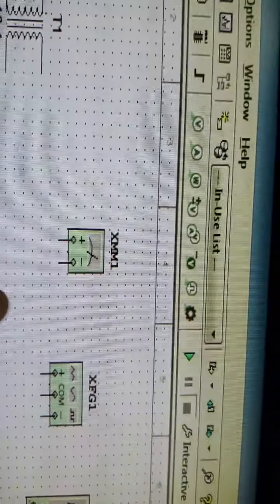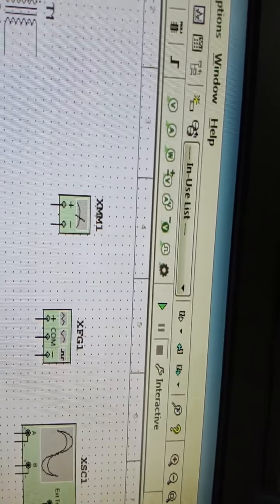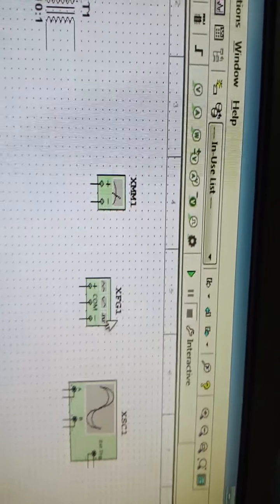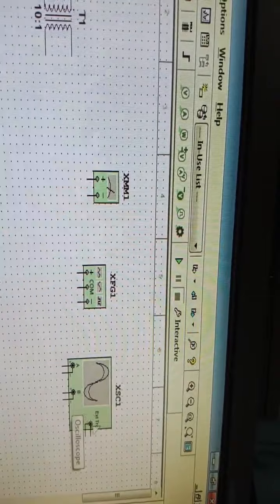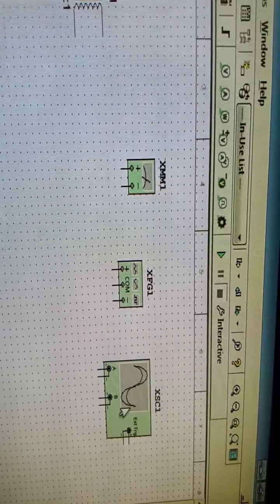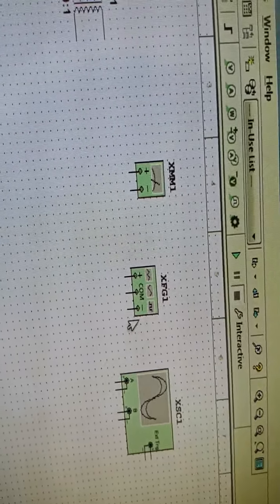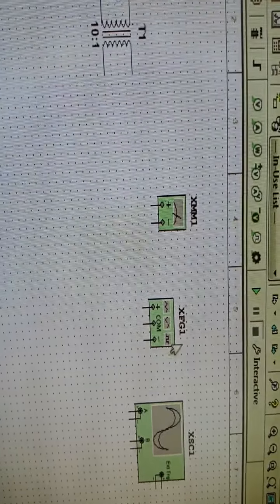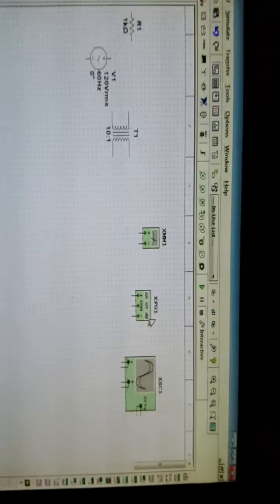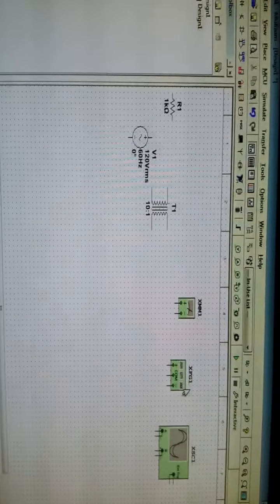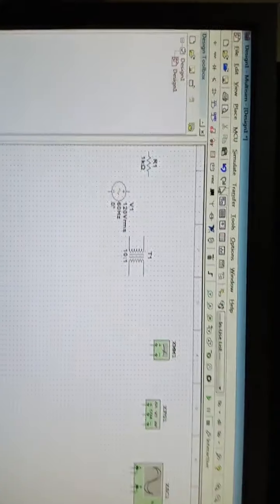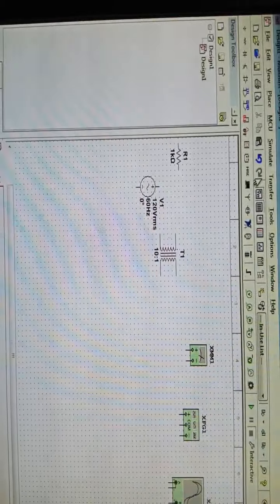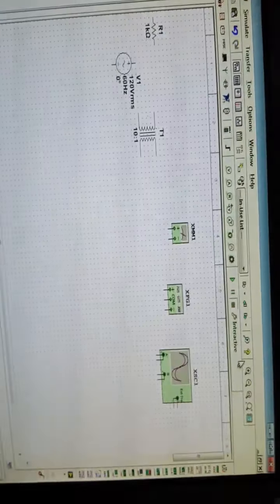This is your multimeter, this is your function generator, and this is your CRO, where on the CRO you can see the clear waveform pictures. Mostly in the software part we will be seeing the CRO. We will be seeing the output on the CRO.